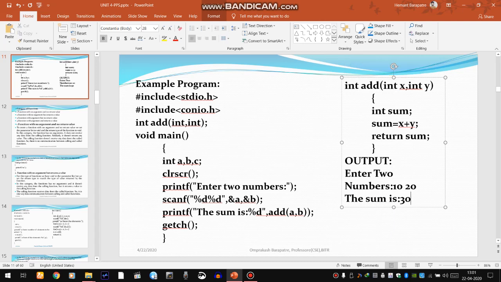So 30 will be returned. In this case, this function is used to add two integer values. Likewise, we can define any number of parameters here, and we can define any function that we want to execute.